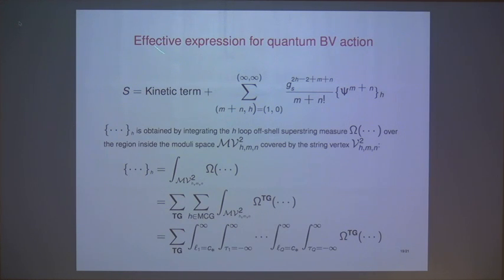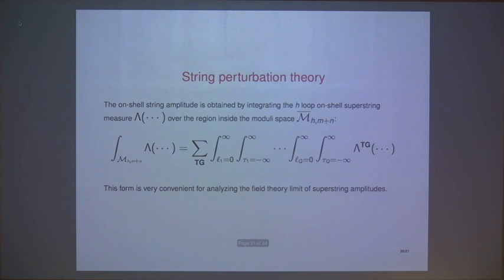So this is the effective expression for quantum action in closed superstring theory. Now, if you are someone who is not interested in string field theory, you can utilize all this technique for studying string perturbation theory. So you can consider an on-shell string amplitude. For that, you can forget about all the details of local coordinates, and then take on-shell string amplitudes and choose the PCO distribution that I described to you.